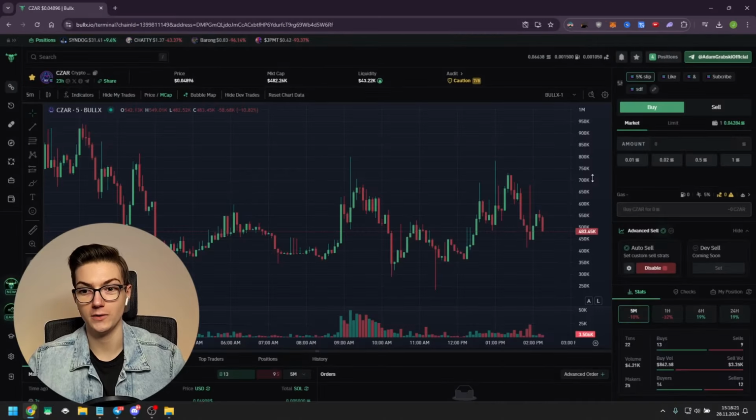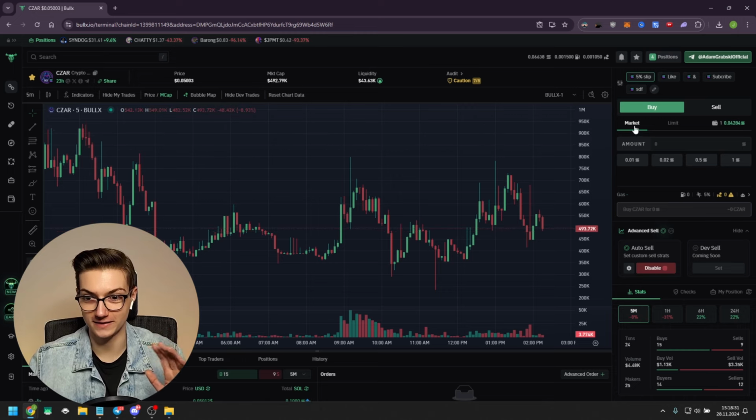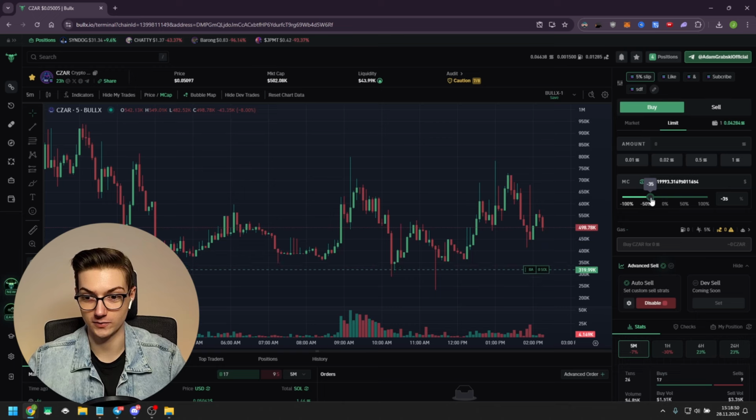So now I'll show you how you can actually place trades using BullX. And buying and selling is very straightforward. You have two options: market or limit. Market just places the order at the exact price that's currently on the market, and limit orders allow you to choose when you want to buy and when you want to sell. And for example, you could set up that once this coin drops by, let's say 55%, we are going to place our order. So here you specify the amount of Solana you'd like to use,